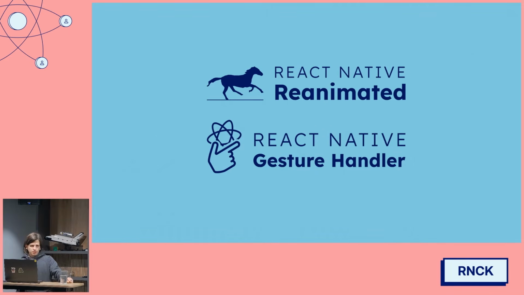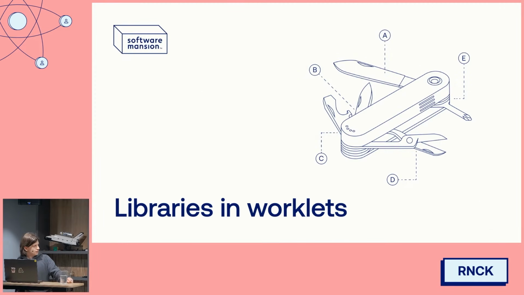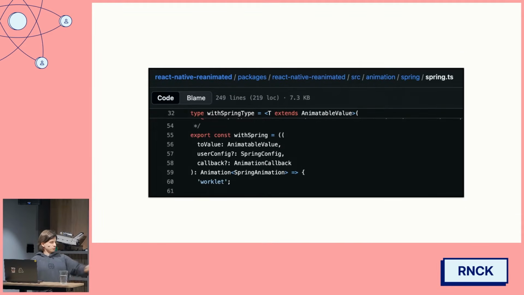Okay, but these were only the priority tasks, the gestures and the animations. What about the other tasks? Well, this is a bit more complicated, because in general we are now talking about using libraries in worklets. And passing strings of functions just won't do it here. This is because in the case of, for example, Reanimated, it has its functions marked with the worklet directive. So we have access to the code of that function. But if we look at more general